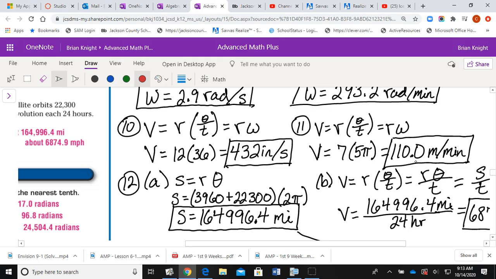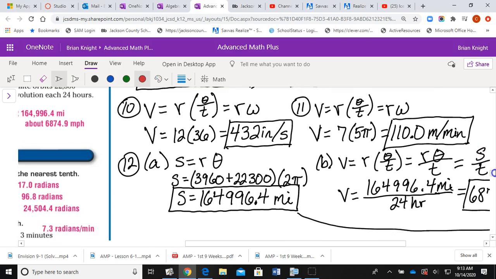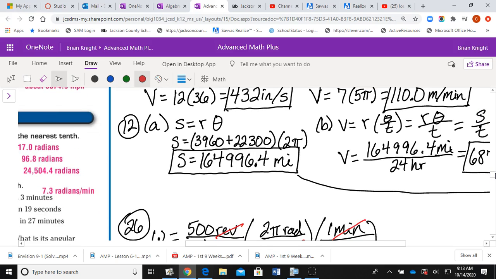Okay? And then the last one, 12, kind of an A and B part. Just like yesterday when it gave you something with the arc length and then you had to find the area, okay? Same type problem. For this one, we had to find the arc length first, okay, to figure out how far we went, all right? We get this for our arc length, and then we use that in this problem over here to figure out our linear velocity. Okay, so if you look at 12, it says a